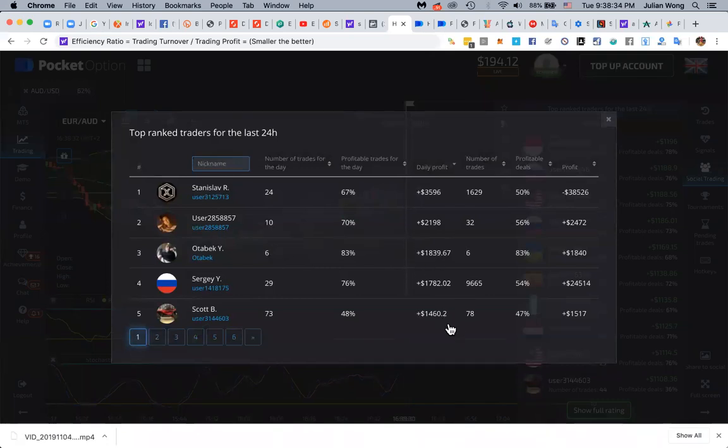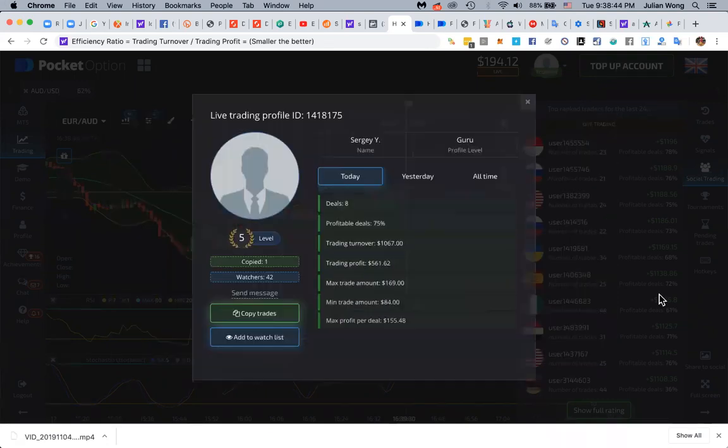So make sure when you look at the daily profit, they're not just started. You want to have people with some history. So this Sergi is not bad. Yield is quite decent, like yesterday and today is quite okay. The difference between the smallest and biggest is only about twice, okay?